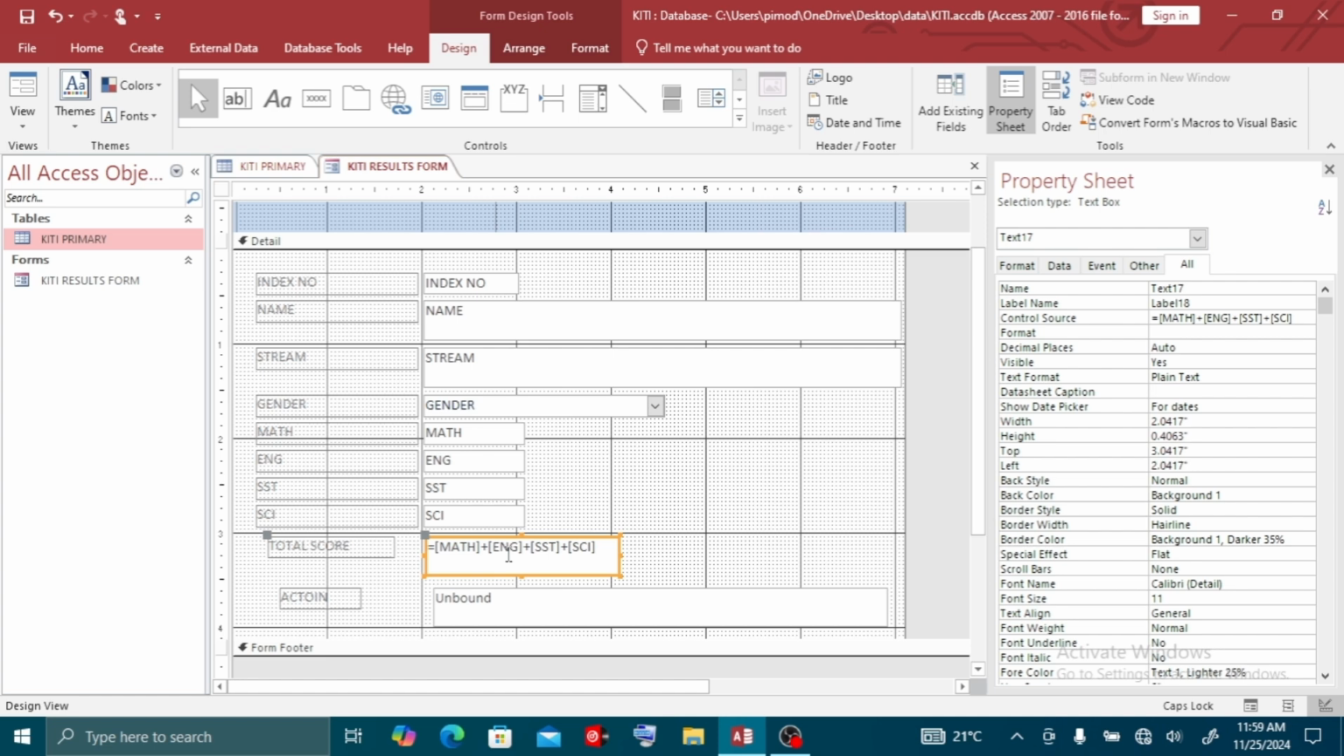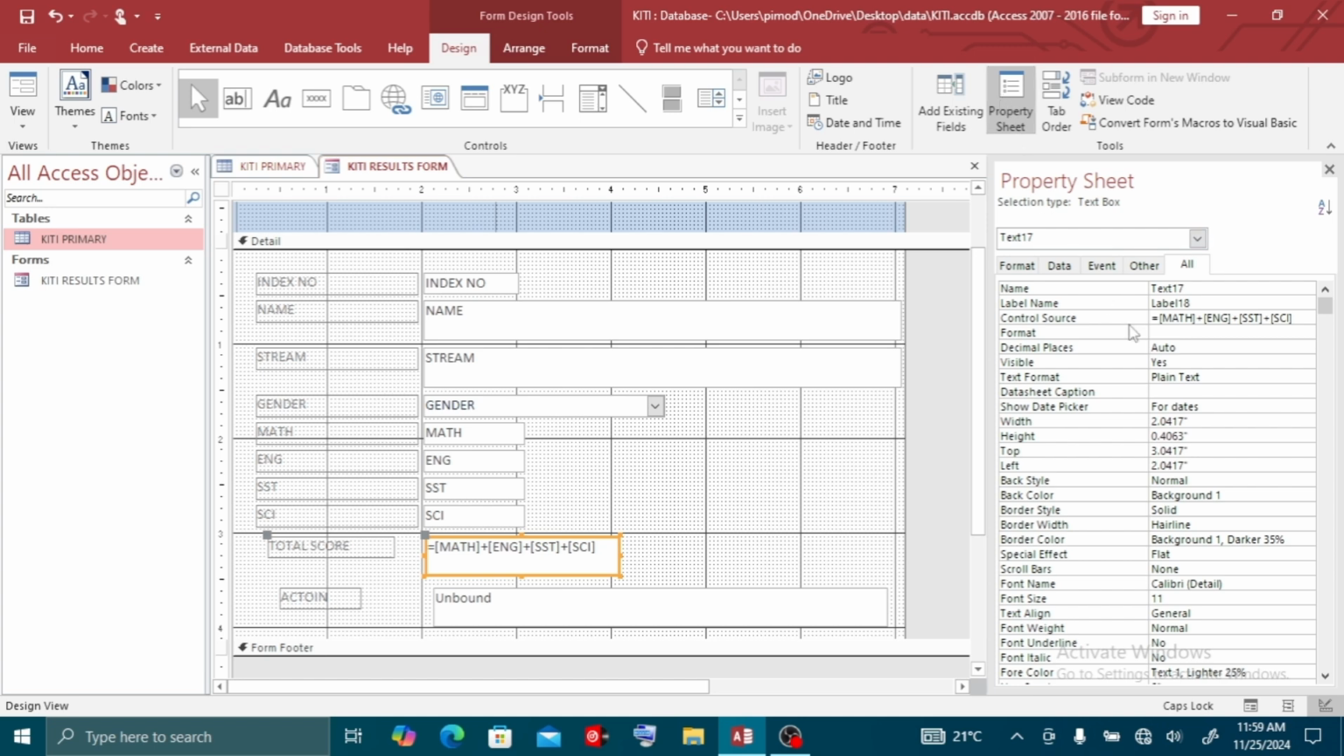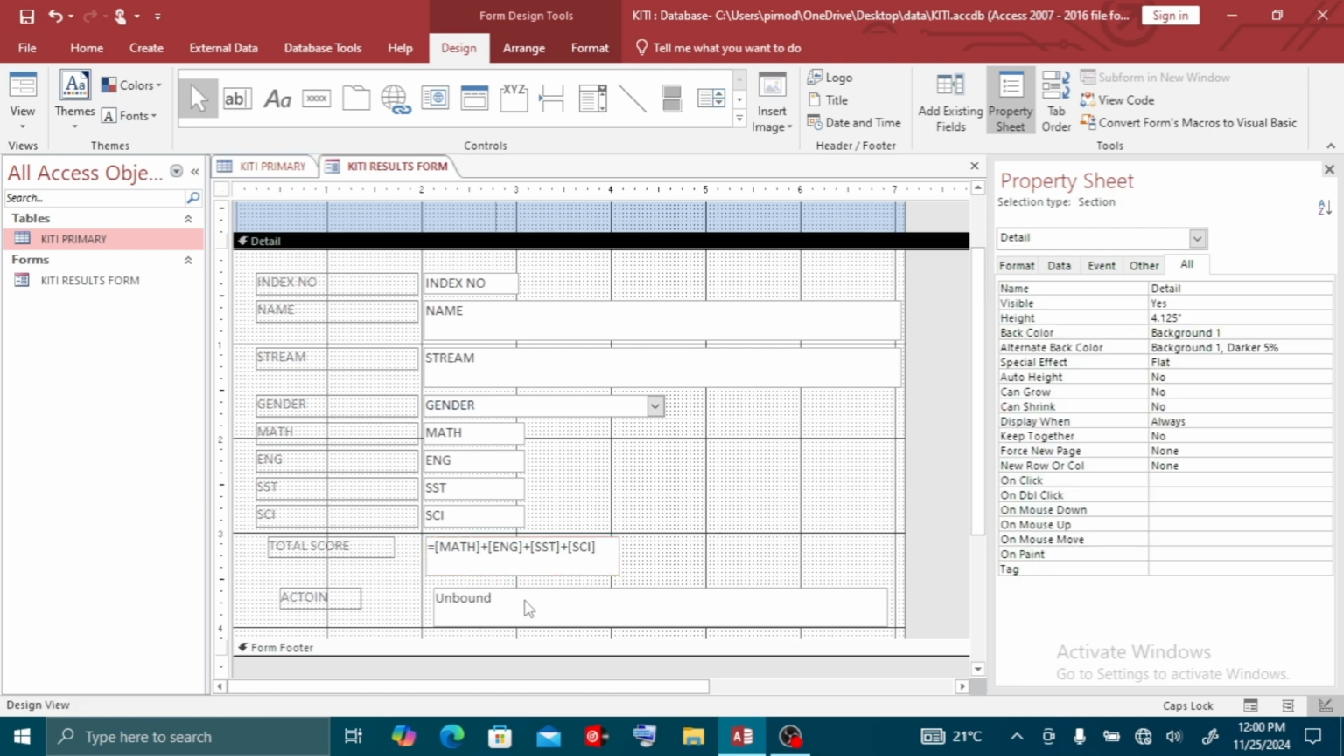To name the calculated field, you click on it. After clicking on it, you go to property sheet. Here you click on property sheet. So after clicking on property sheet, you go to all. There are some tabs: format, data, event, others, but we are interested in all. So in all, that's where we give a name to the calculated fields. You come to name and you remove text 17. So we called it total score. That is it. You press enter to confirm the renaming. Thereafter, you come back to add